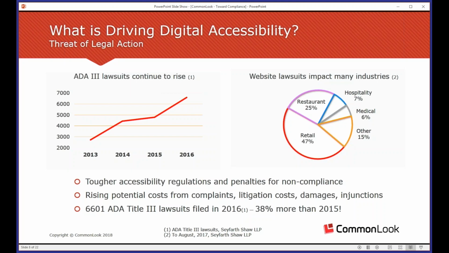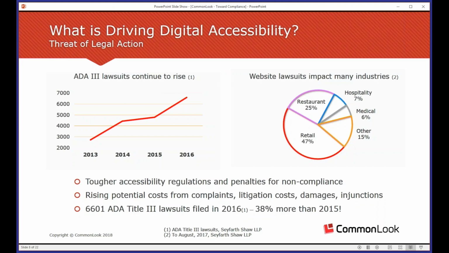Because the ADA applies to websites, and perhaps because more and more people with disabilities are going online nowadays, accessibility is getting a lot more attention. As a result, there have been a lot of lawsuits recently over inaccessible websites and/or mobile apps. As this slide indicates, in 2016, there were approximately 6,600 ADA lawsuits, which is a 38% increase from just the